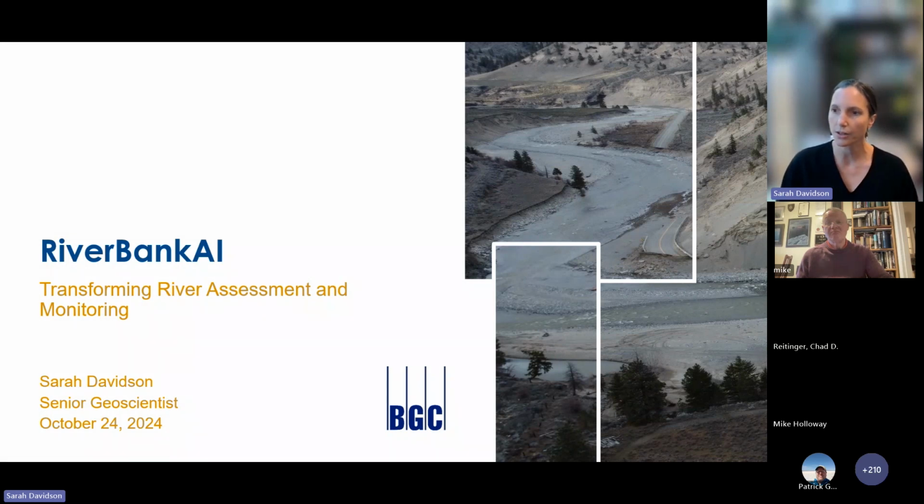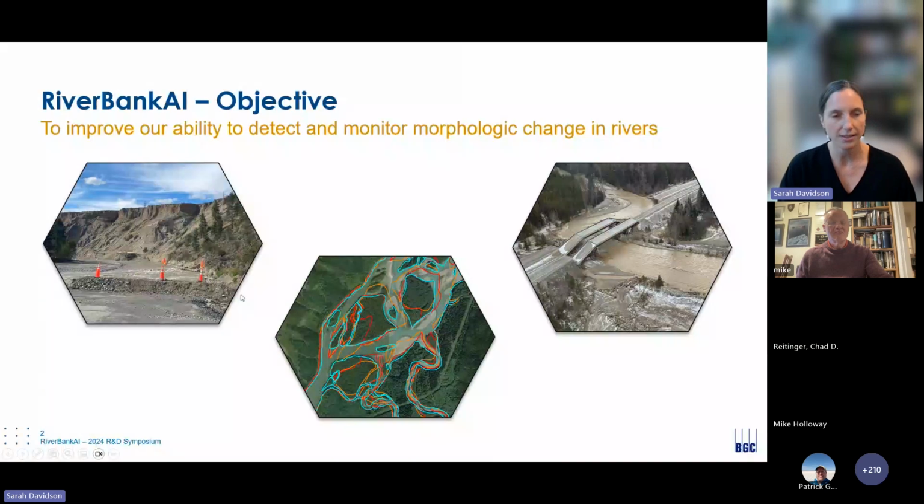So I'm going to walk you through somewhat of a high-level discussion of what we've been doing for developing this tool called RiverBank AI since the hackathon that happened back in March. I'm going to keep it somewhat high level because that's the level at which I understand it. And the real brains behind the actual model development has been Kaio. So our objective here is to develop a tool that will allow us